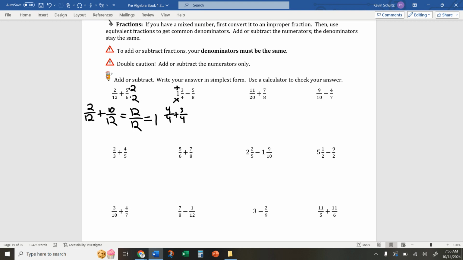That one whole represents 4/4 plus another 3/4. That gives you 7/4, which is the same thing you get if you multiply the denominator by the whole and then add the numerator, okay? So multiplication, denominator times whole, and then plus the numerator. So now we have 7/4 minus 5/8,